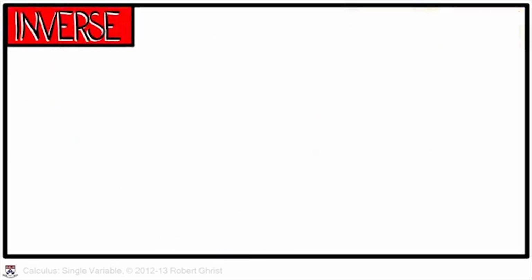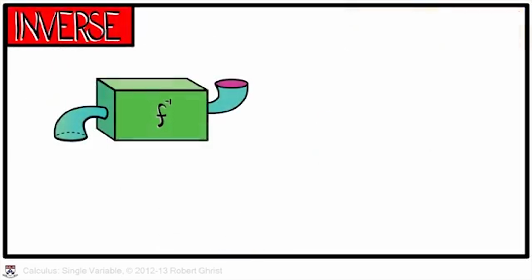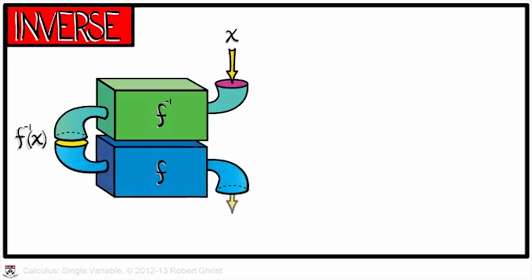One additional important operation on functions is that of inverse. The inverse of a function f is denoted f with a superscript -1. Don't let that fool you. That does not mean you take the reciprocal of f of x. Indeed, f inverse of x is defined as that function which takes as its input x and returns as an output f inverse of x, such that